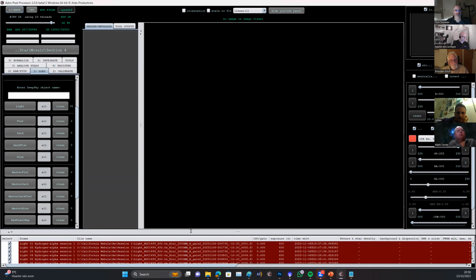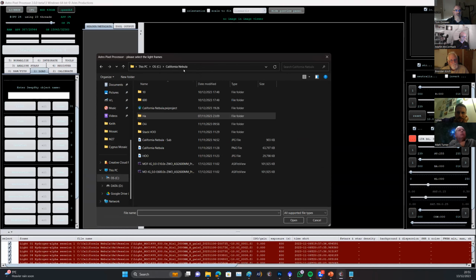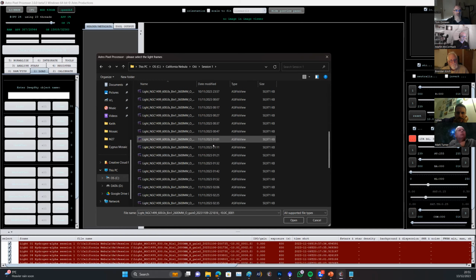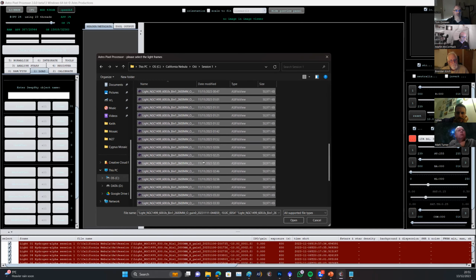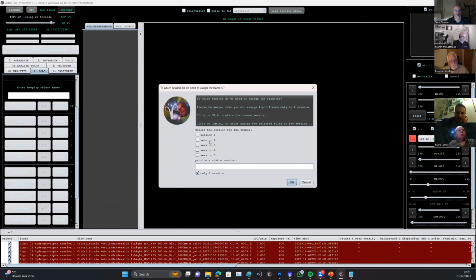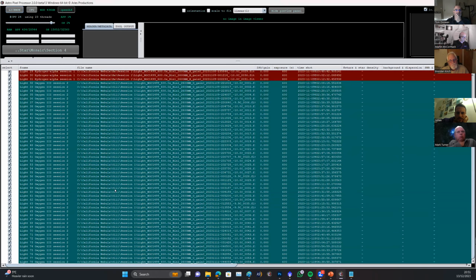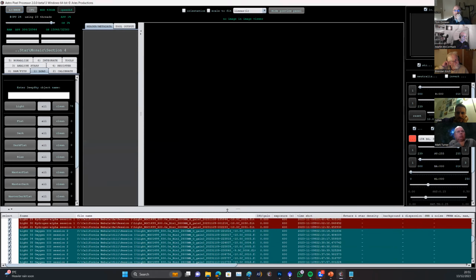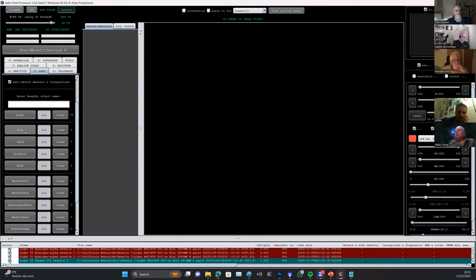This slider here will do that. If I want to add in other frames, for example my Oxygen 3 frames, I would browse to that, select the Oxygen 3 frames, press OK, and assign them to the Oxygen 3, press OK, and then I can say it's session 2. It may not be that, but this is the way of doing it. Then they would be appearing here. You can see there's the hydrogen alpha frames and the Oxygen 3 frames. Now the next frames that you would add in would be